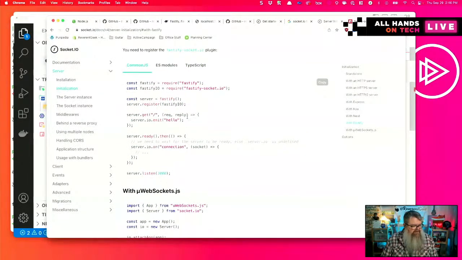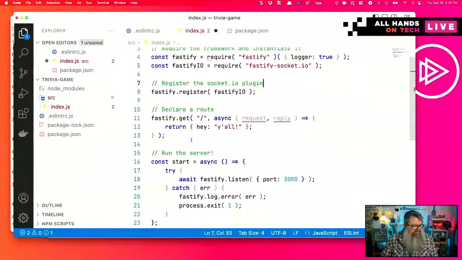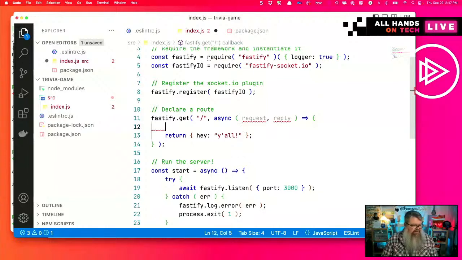Okay. And then in their example, they have a server.io.emit hello. So here where we have return, hey y'all, we can also include fastify.io.emit. Remember, the Fastify that's in our code is the same as server in the other example.